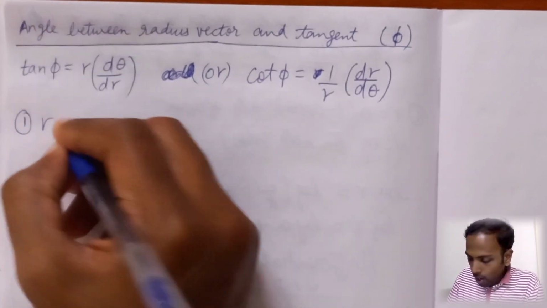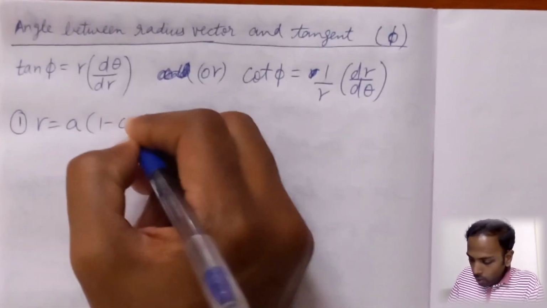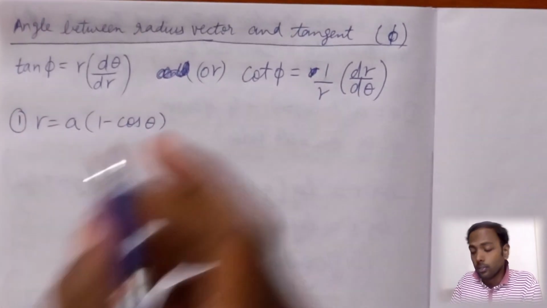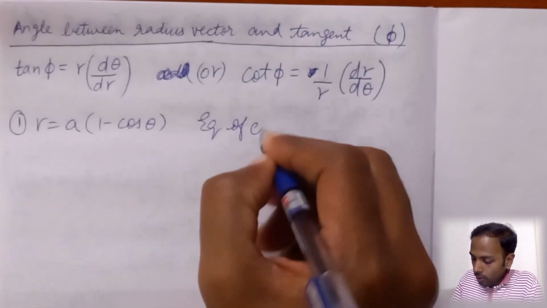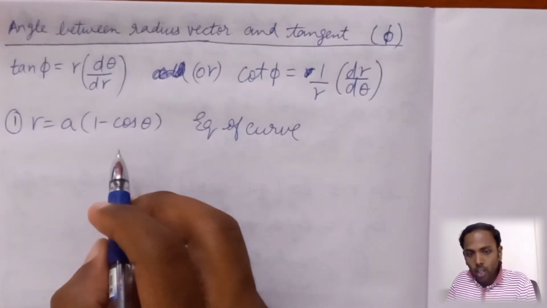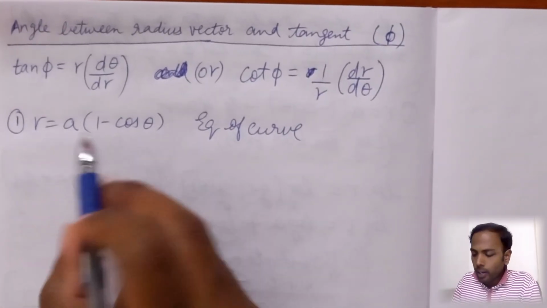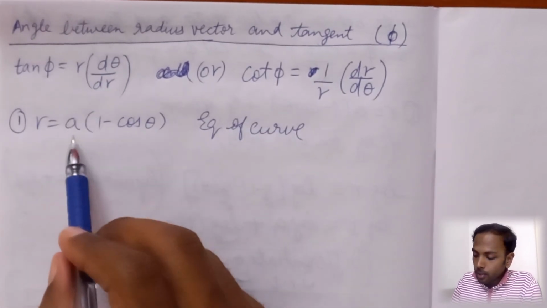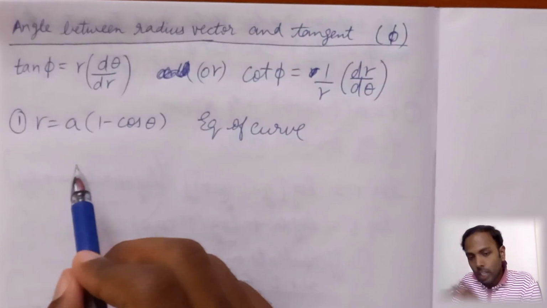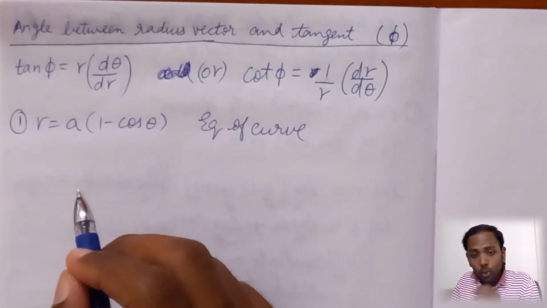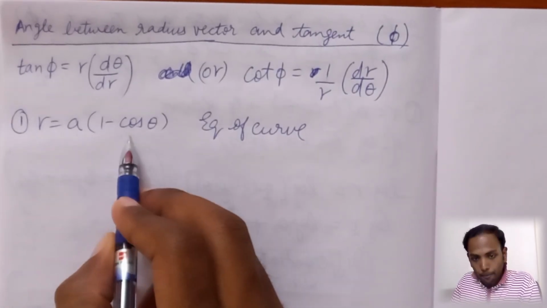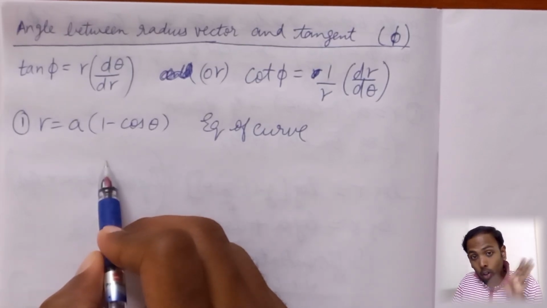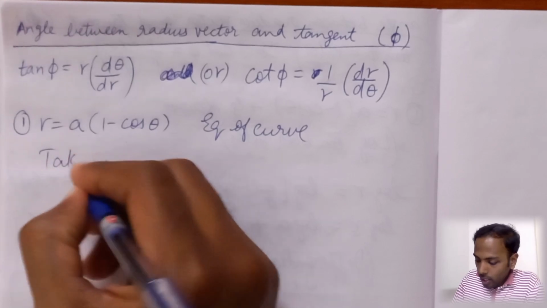Question number 1 is r is equal to a into 1 minus cos theta. This is the equation of a curve. The equation of a curve will be given to you, and from this you have to find phi by applying these two formulas. So how will you do it? First, we have to simplify it. Every question needs simplification. And the good news is, for every question of this type, the first step remains the same, which is to take